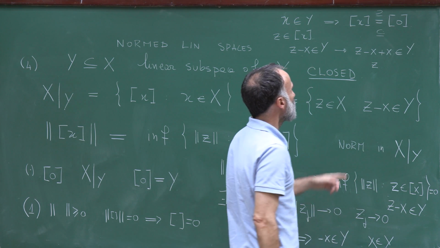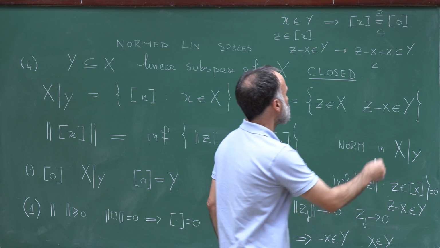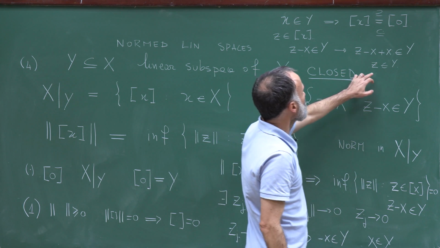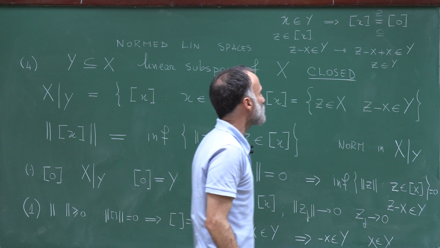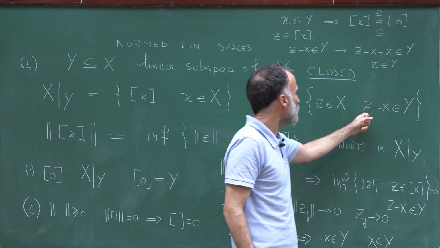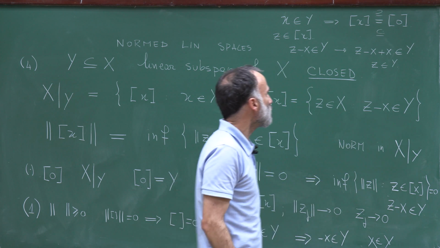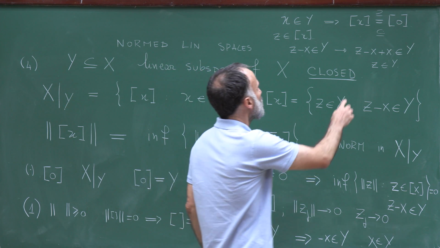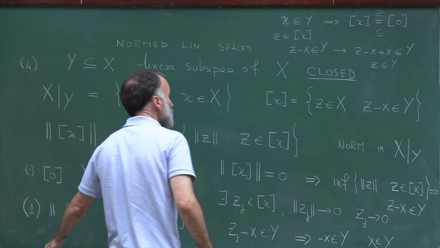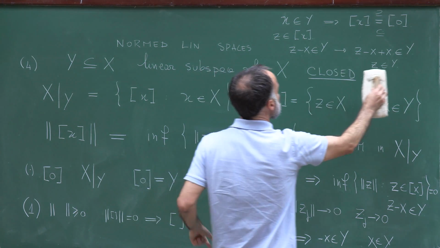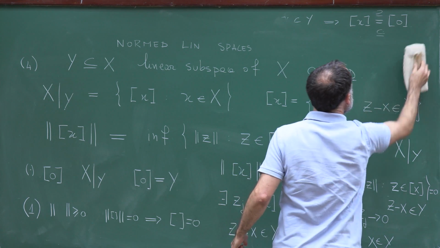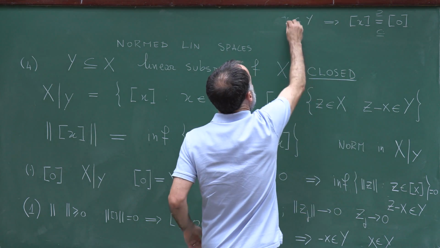So z belongs to Y, and if z belongs to Y, z belongs to the equivalence class of 0, because by definition the equivalence class of 0 is all points z such that z belongs to Y. So this proves that the equivalence class of x is contained in the equivalence class of 0. So now let's prove the reverse